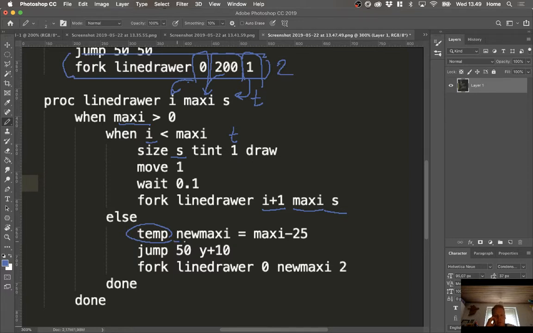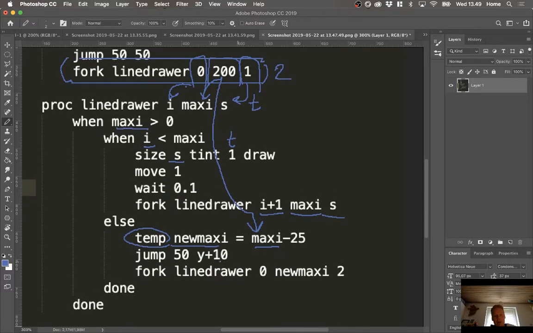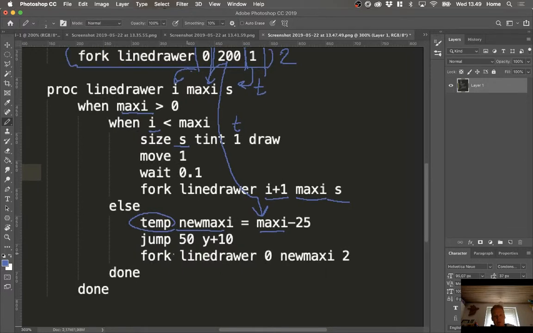And here we declare a new parameter called new max I, which is equal to max I. So again, we're taking this 200 down here, minus 25, so it means that new max I is going to be 175, obviously. Then we do our little thing. Fork the line drawer with this value,